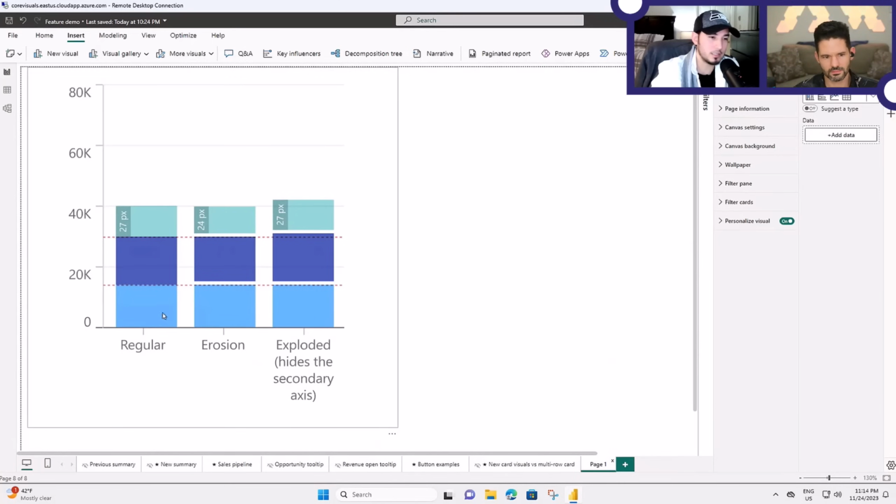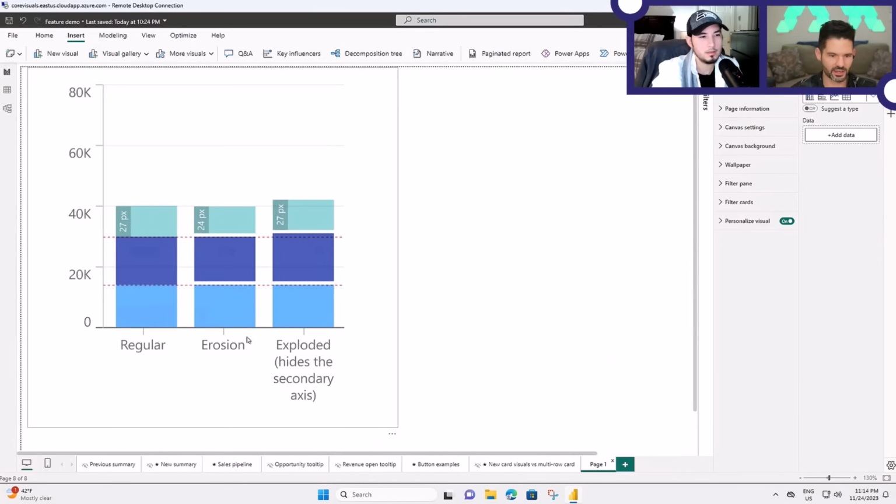What is the difference? Well, the difference is that now this one, instead of being 27 pixels, which is the right size, is now 24. So if we talk about data visualization best practices, this might be misleading because you're seeing a smaller gap than what it actually is. Yeah, it depends on